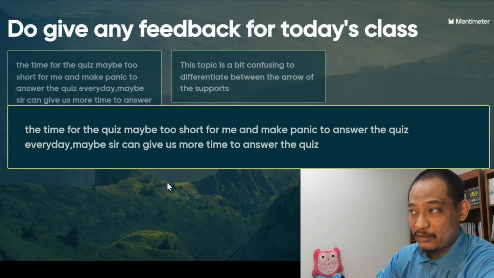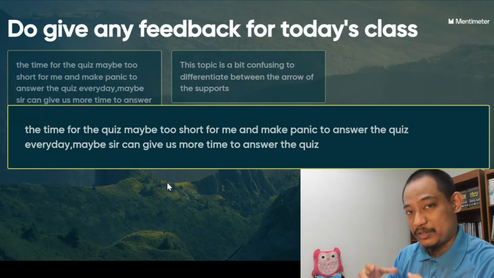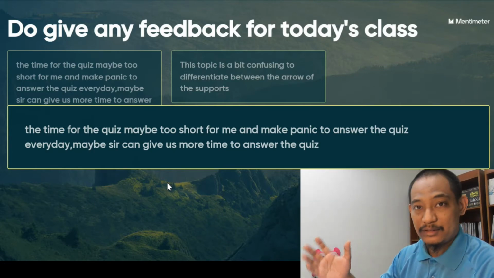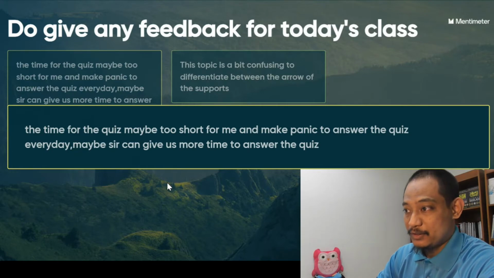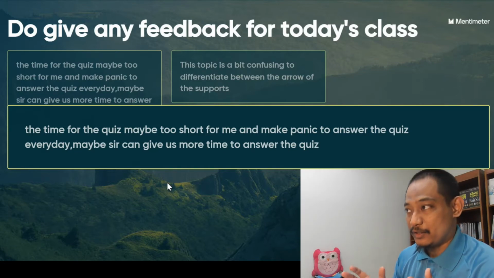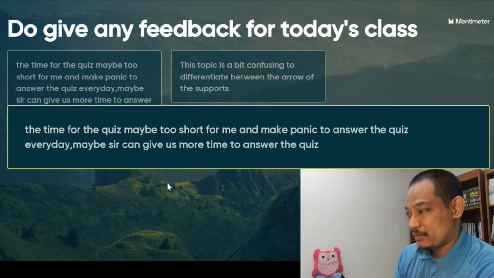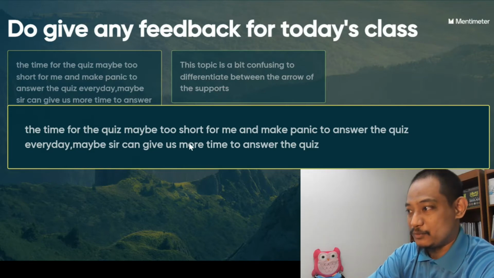The philosophy that I have for my quizzes is to prepare you for the exam, not to accommodate every single constraint. Unless it's valid constraint, like I give 5 minutes for submission because I think that is sufficient for you to take the picture, send the file, and etc. Right? But for this case, I do try to give enough time for calculation and a little bit of buffer, but I'm not sure if panic is included in